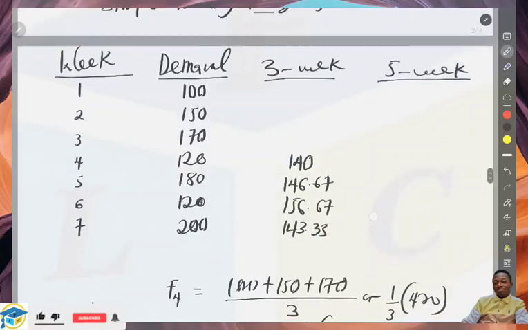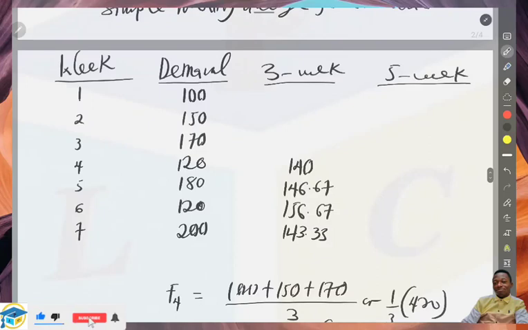143.33, and that's what's going to follow suit for week 5 too. So for week 5, we are going to use a 5-week information to forecast for the next coming week. That should be week 6, right? So we make use of week 1, week 2, week 3, week 4, and week 5. We sum them up and then divide by 5, and then we get